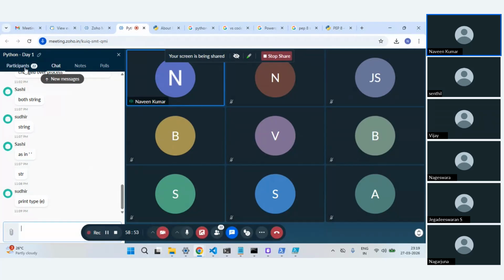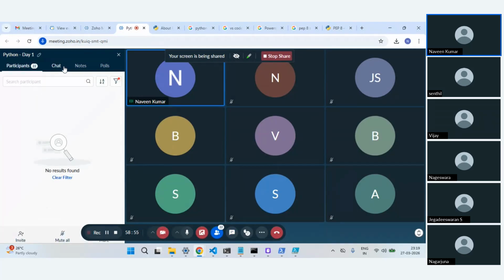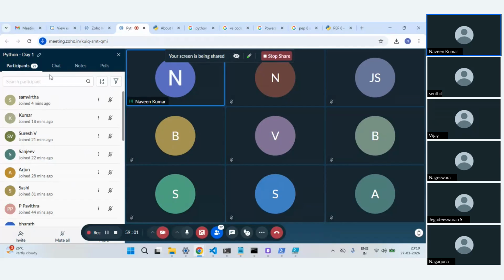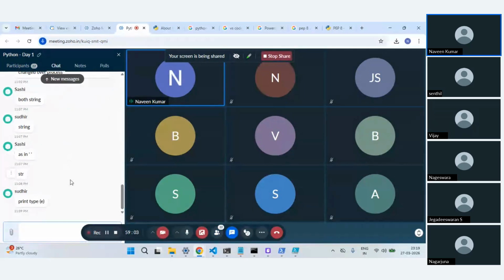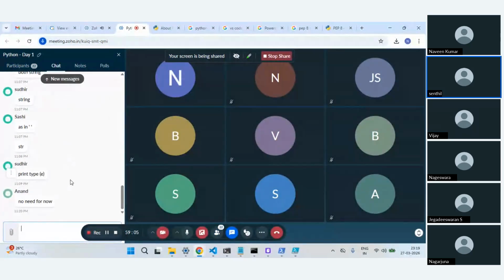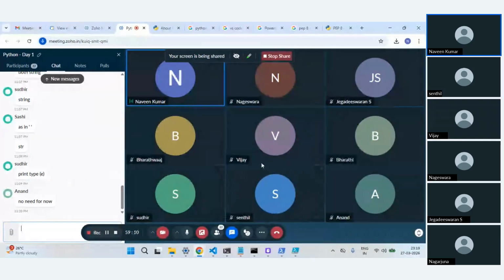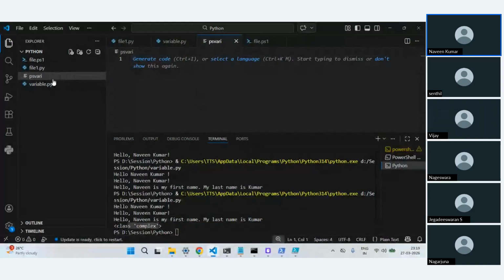What do you guys think? Fine with Python, no need. Only Python, yes. Okay, that's better then. I'll not go with PowerShell then.